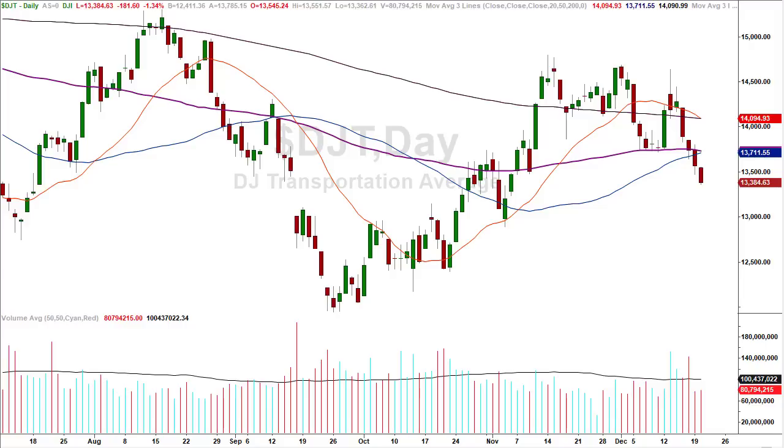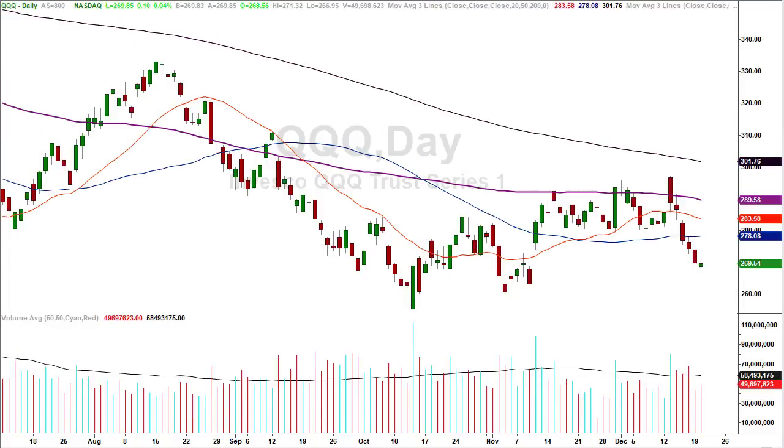Or is this thing the ultimate canary in the coal mine and all the other stuff is what we call, in the trading parlance, the rope-a-dope? We're going to find out in short order, but if everything's going to flip around and follow the transports on the way down to the basement, you're looking at 371.50 in the SPY, and that doesn't necessarily have to be where they stop, but that would be a target.